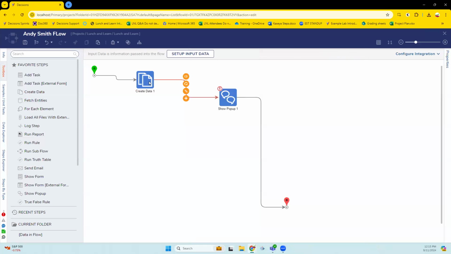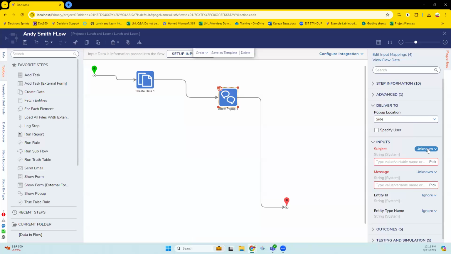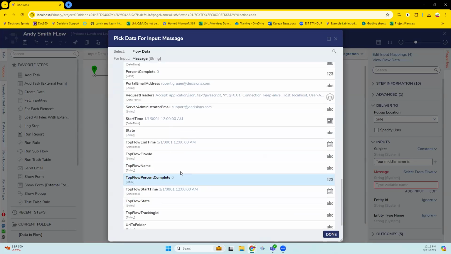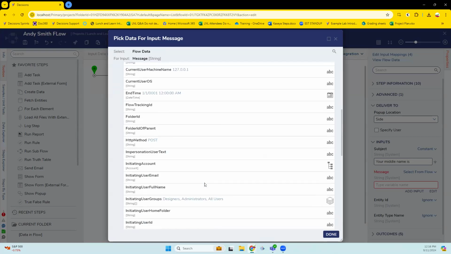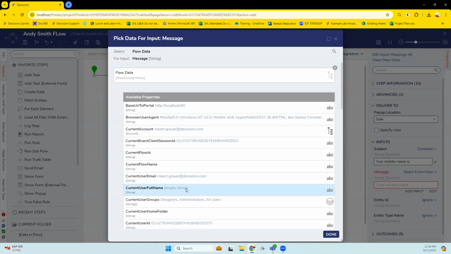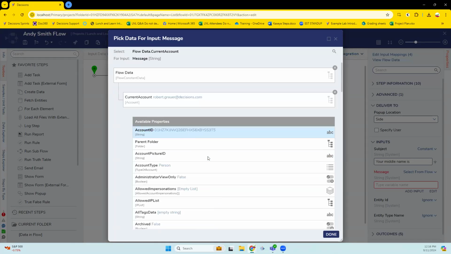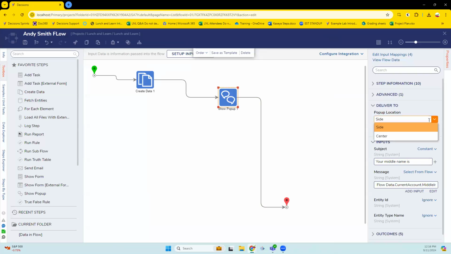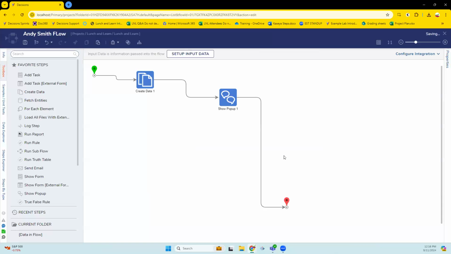All right. And then on the show pop-up, just pull from the current user's middle name, like a select from flow. And then select from flow, flow data. Oh, I see what we're doing. Apologies. Okay, cool. We're looking for the account structure right here, right? The middle name, something like that. Yep. And I'll just run this and we should hopefully see,